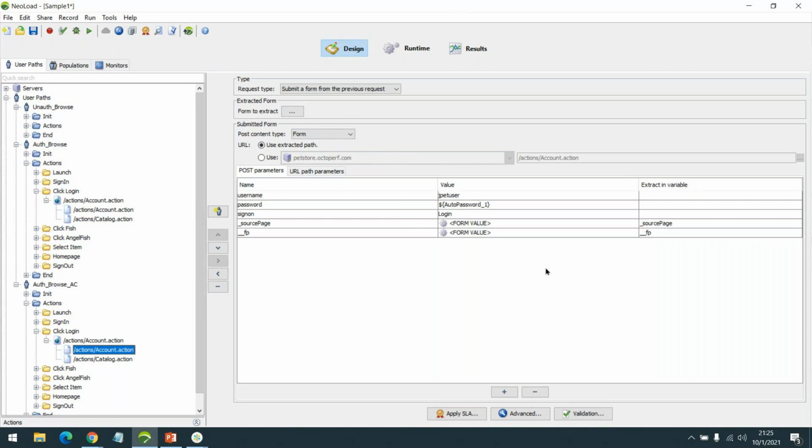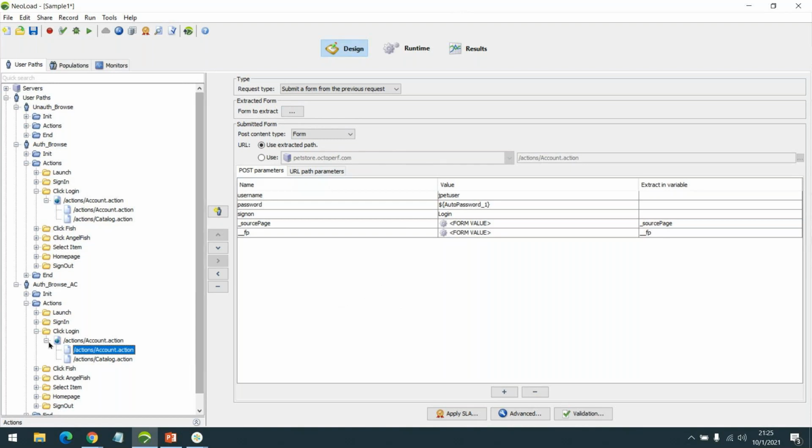Autocorrelation is good, but at times it might change the framework of this request, and that might create a different issue altogether. This could be one of the reasons why autocorrelation is not recommended.